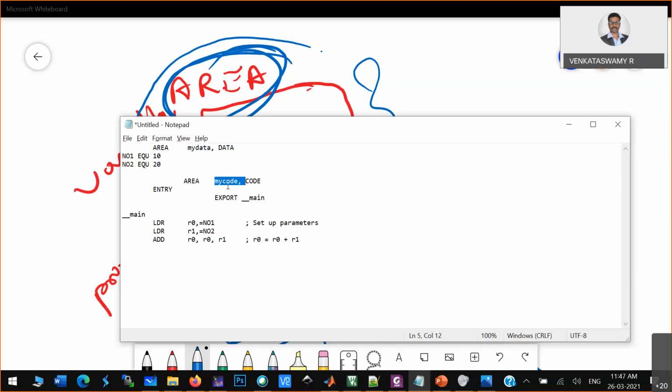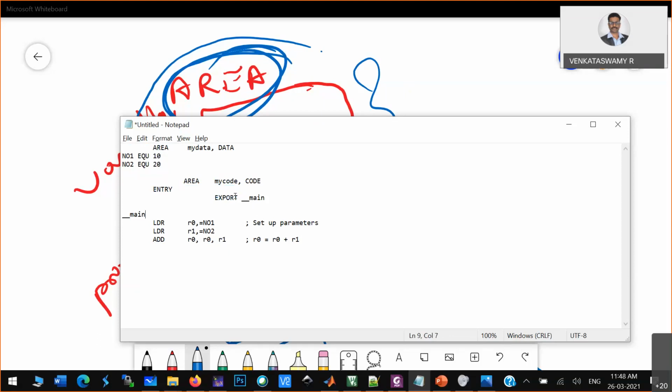Area, MyCode can be any string, followed by code, which is the keyword. Entry is again an assembler directive, which is the starting of your program. Export is also an assembler directive, which is used to link the program.